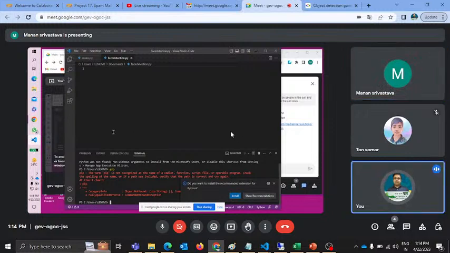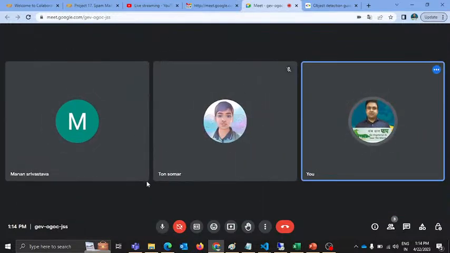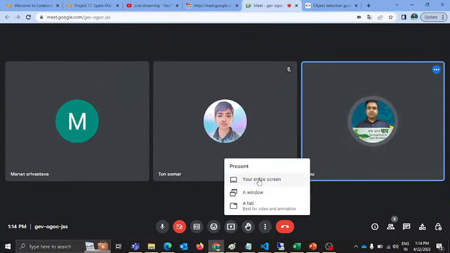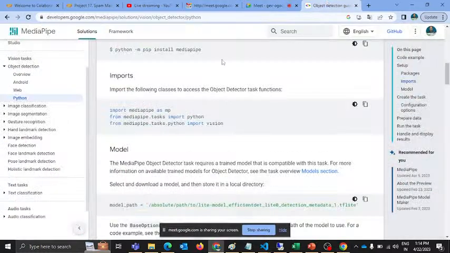You'll have to uninstall it and re-download it, because if I teach you the steps which can help your operating system recognize the path of the Python folder, then it will take a long time. So I request you to just uninstall Python from your device, and while installing it again, you have to tick mark that checkbox, which comes at the bottom of the white screen that comes up when you first launch your exe file of Python. Okay, I'm sharing my screen, and let's just continue with the